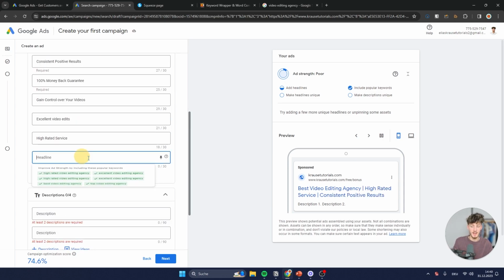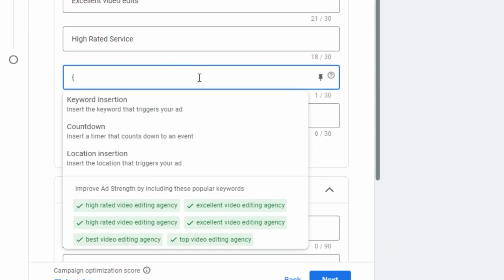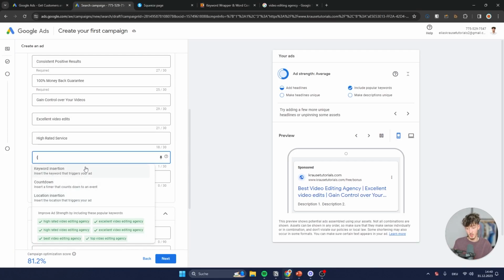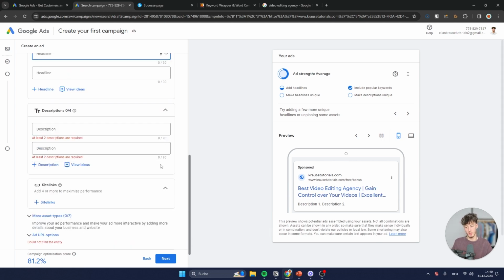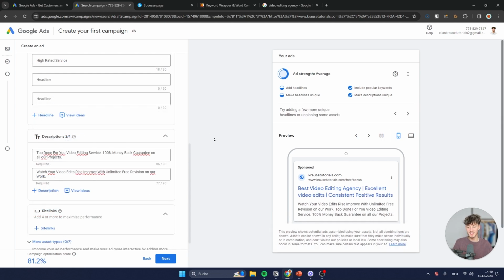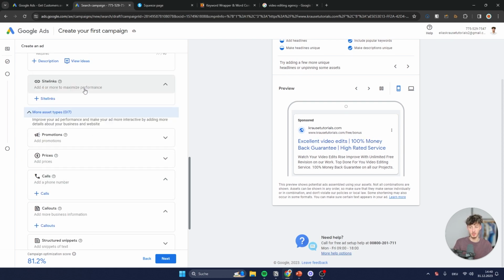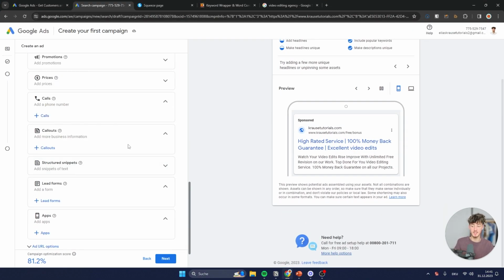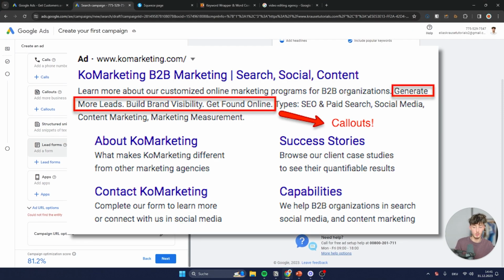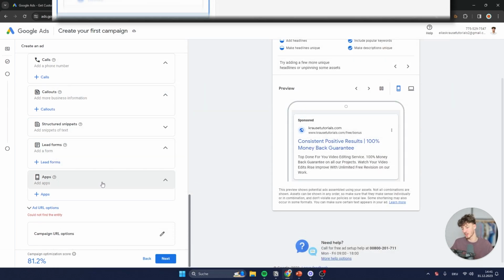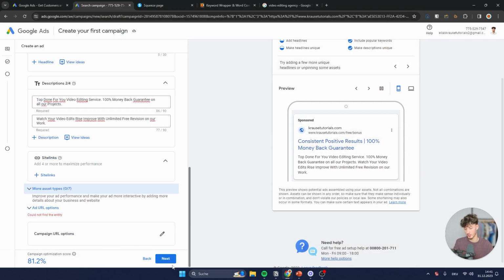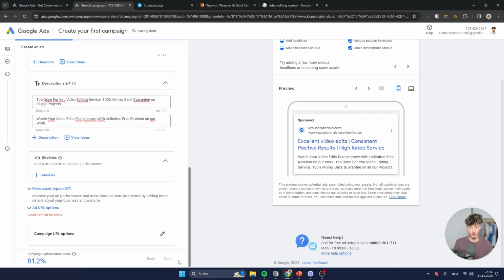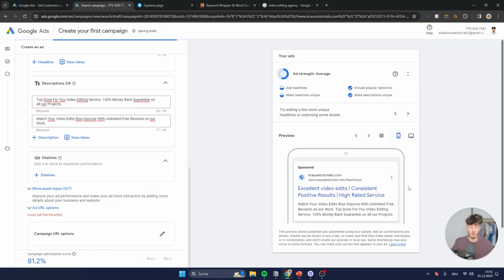Now, as for the other headlines, basically you can also add some custom headlines like keyword insertion, countdown, or also a location insertion. These can be super powerful for different kind of use cases. However, I will not go over that right now. Then add your descriptions. And now we can get started adding some assets, like for example the site link extensions, which would be this thing right here, or also other asset types like calls, callouts, or also lead forms, or also you can promote different kind of apps by using this. However, I will not actually do this for now. I will actually just click on next,